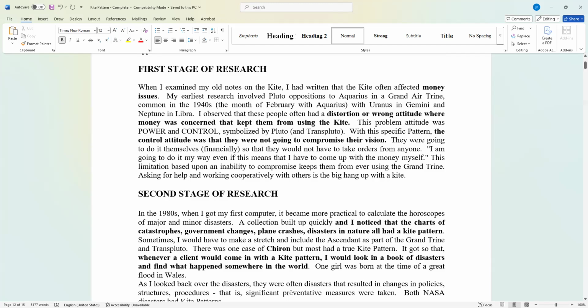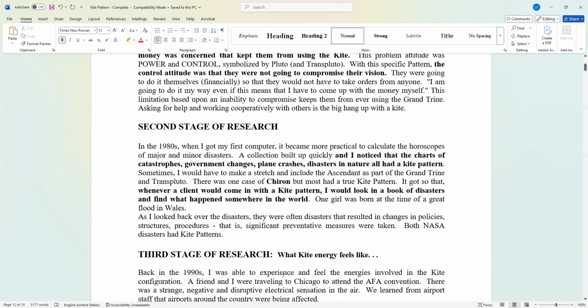Oh, it has here, one girl was born at the time of the Great Flood in Wales. Well, here she was born in the United States, so that flood did not affect her. But it shows that at the time there are disasters somewhere in the world, there's going to be some type of kite pattern occurring. Now, one of the things I looked back, I don't know if I have it here, I looked back over